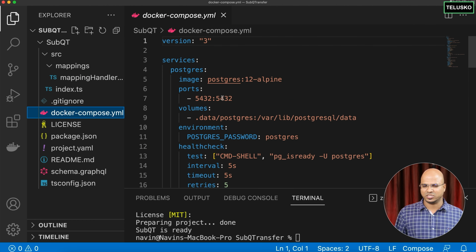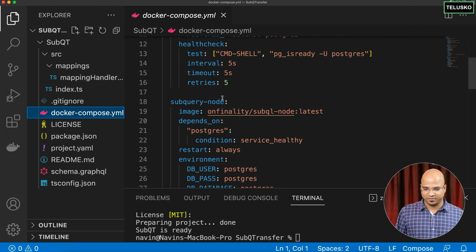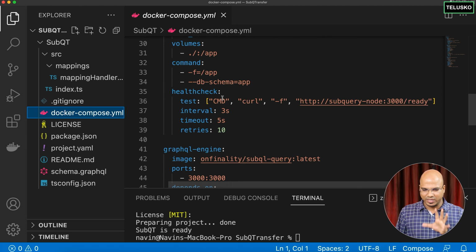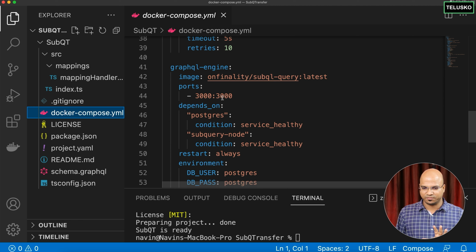We're not going to change anything in Docker Compose because all the default services are running, and we're not even going to publish this. We are going to run this on my local machine just to see everything is working. But in case you want to publish this project, again, we have done that in the previous video. The same steps will work with all the projects which you have done. So don't worry, it is applicable for this project as well.